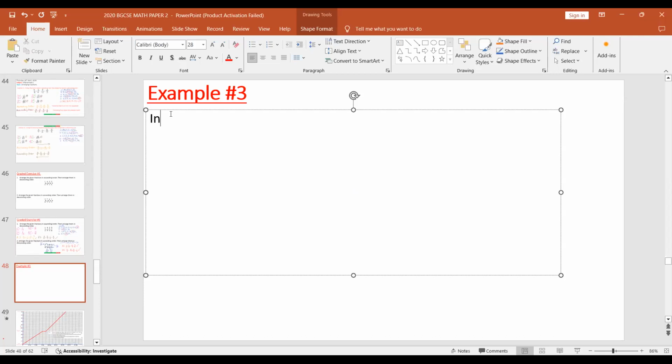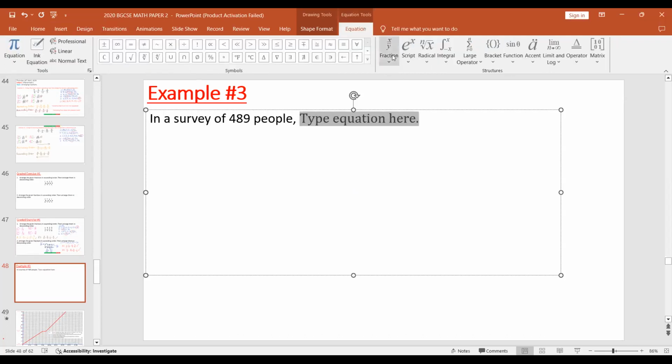Example number 3 says, in a survey of 489 people,